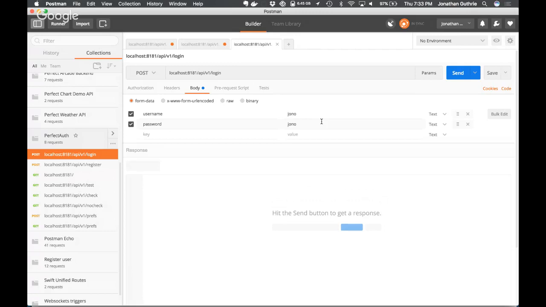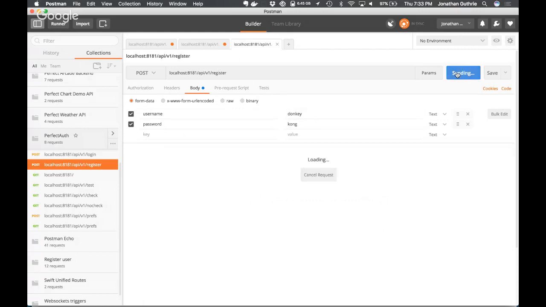This is where we've got to be very wary of the similarities and the differences of JSON APIs versus the web. This is where they're basically the same. If I press send, it's going to log me in. Register is exactly the same sort of deal, but this one's a post request to API v1 register with donkey and Kong.